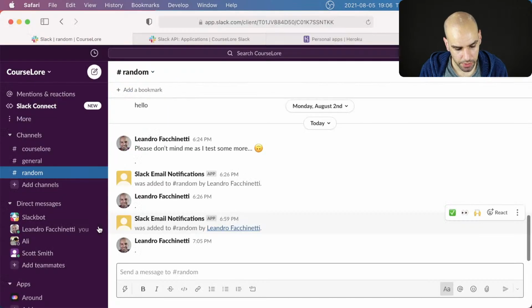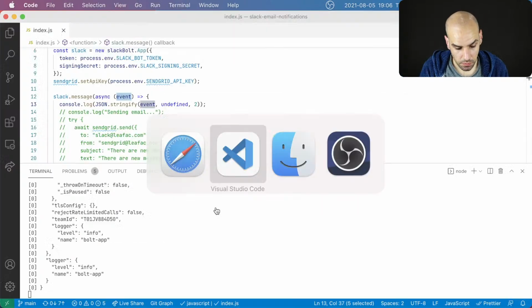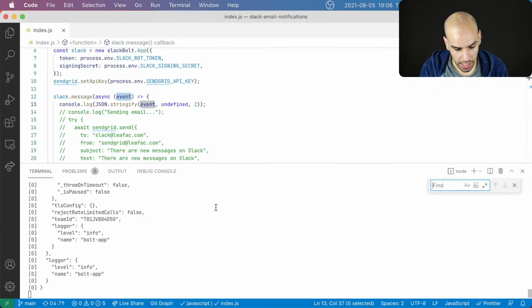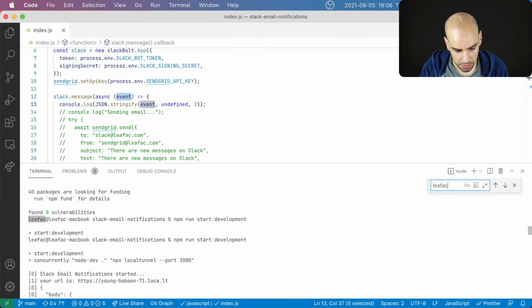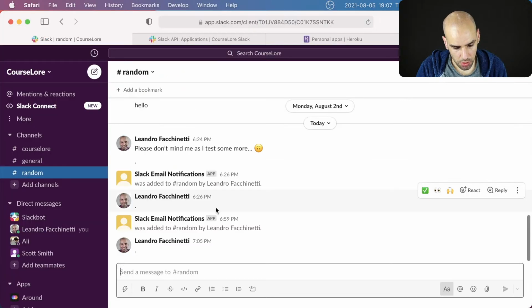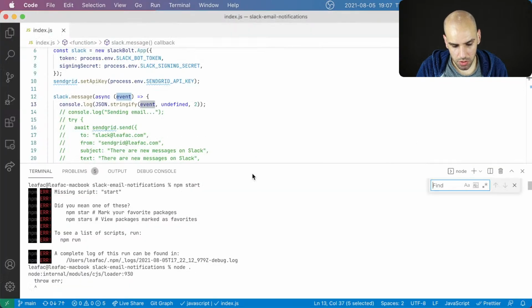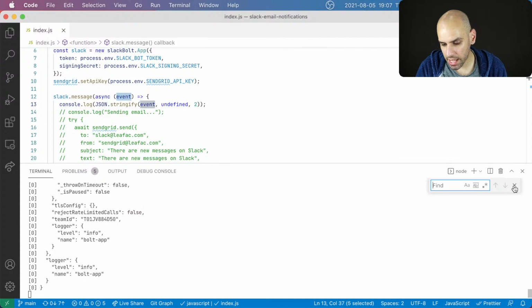function on the console. Whatever, I'll do it again in a second, but is there something like my name? Of course there isn't. Is there something like my handle? Well, this is gonna be all over the place, but no, my handle is not there either, so I would need to make extra API calls to get a hold of this information. So I'm going to leave this as is, and I'm going to send emails to myself even when I am the author of the message.